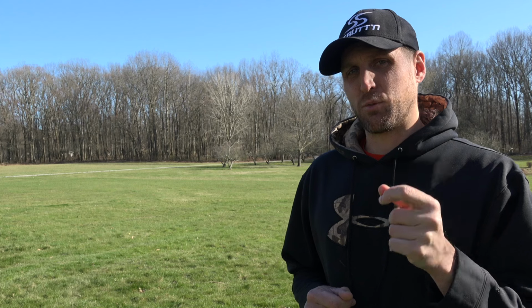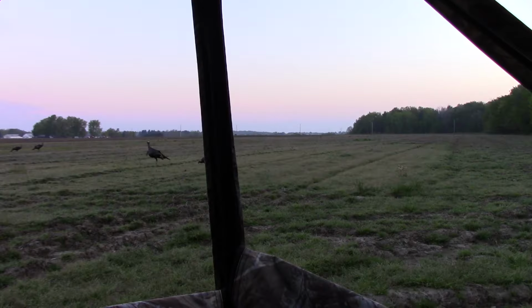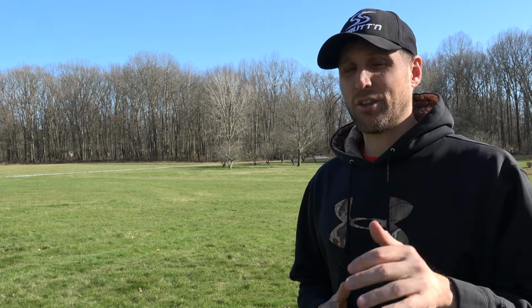The cluck is one of those calls that is very similar in vocalization to a lot of different turkey calls. It can sound like a cut, it can sound like a cluck, and it can also sound like a putt. And if you aren't careful and you use the call and it sounds like a putt, you could put those turkeys on alert, and all of a sudden you're working to try to calm those turkeys down rather than coax them in. There are two main ways to make a cluck, and I'm going to walk you through both those ways so that you can figure out what works best for you so that you sound more like the cluck